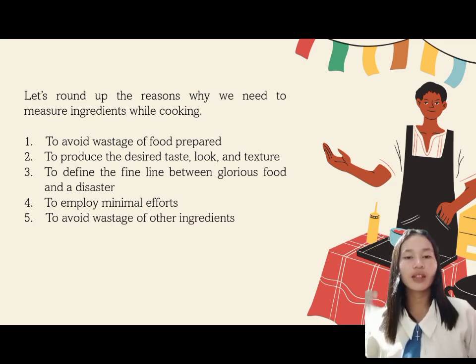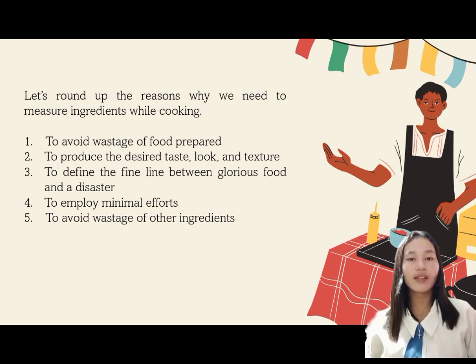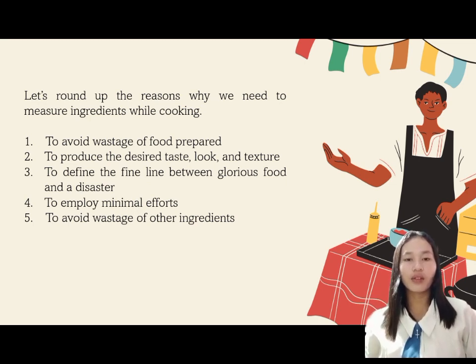So the second is to produce the desired taste and look and textures. Besides, it isn't just the contents that need to be measured for the recipe to turn out as it does in the tutorial you were watching. You need to mind the time as well. Thus, time becomes another constraint to measure while cooking. So cooking timers help keep account of the food being cooked, baked, boiled, or grilled, especially when you are busy